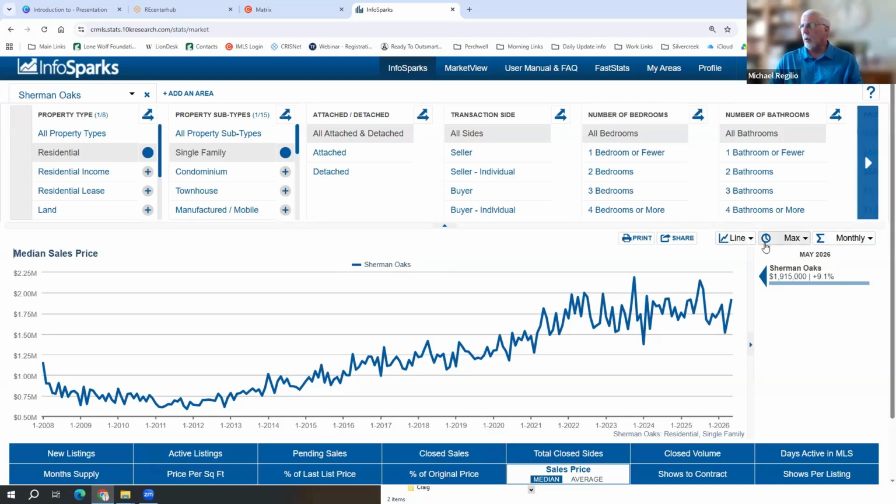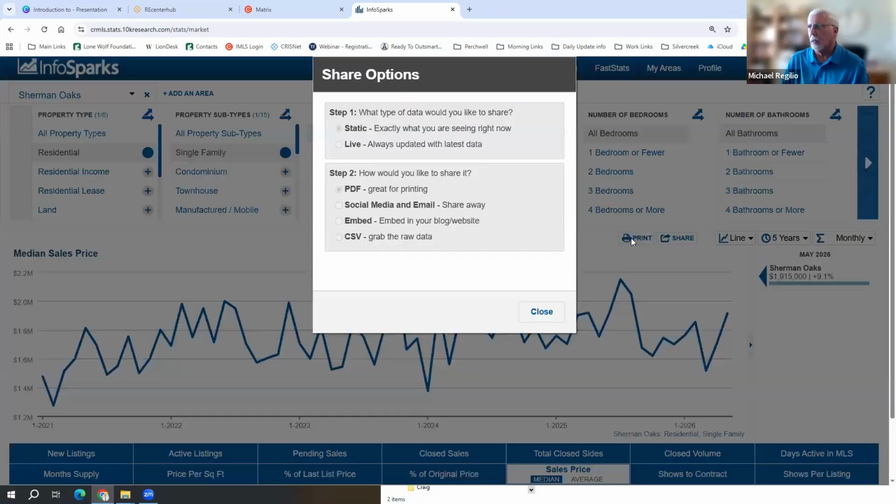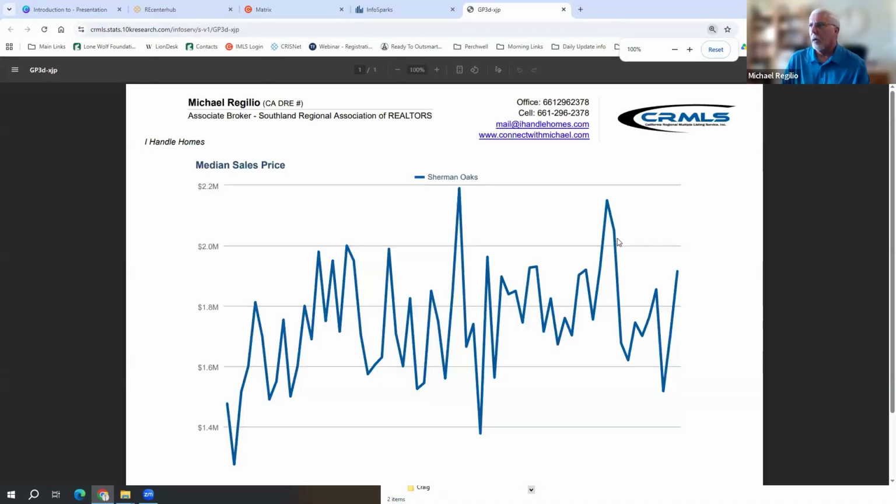So from here, I'm going to go ahead and do the line chart. I'm going to do 5 years, because that's my standard reports that I'm sharing with my clients. So now that we have our area, our filters, and we've chosen the median sales price for the last 5 years, the way that we can share this is we can click on the print button, and it will open